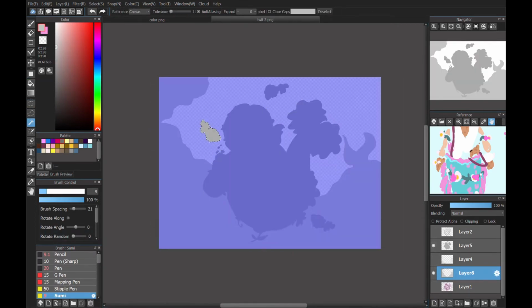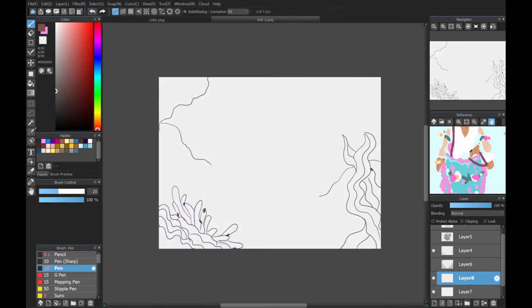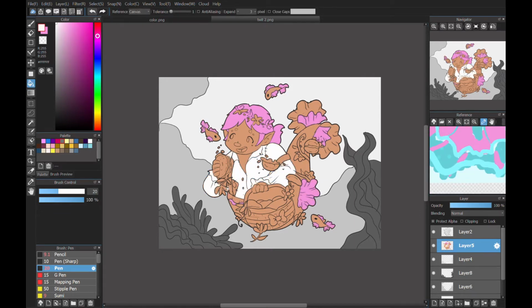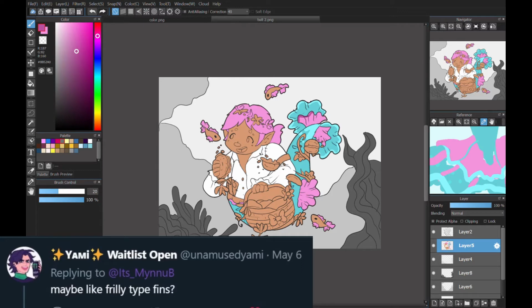It goes really well with the hair and eyes and skin tone, and I gotta admit, I don't think I've ever done a pink cyan combo before, but it made him pretty cool. He almost looks like neon. He looks pretty cool. The eighth comment decided the fin type/shape, and frilly fins were suggested, which I was super